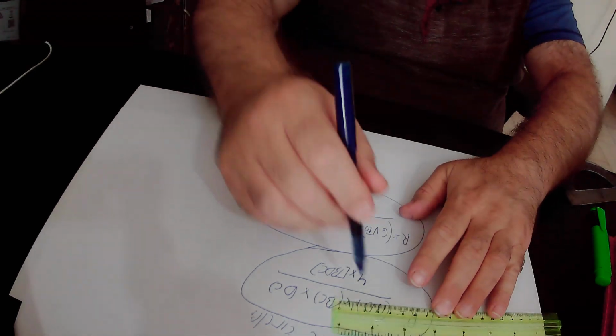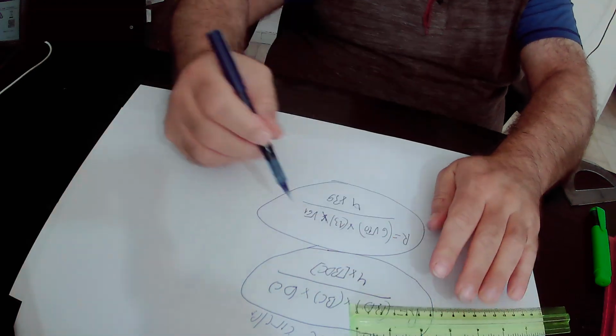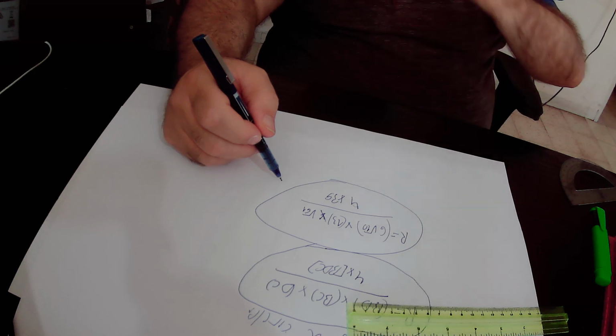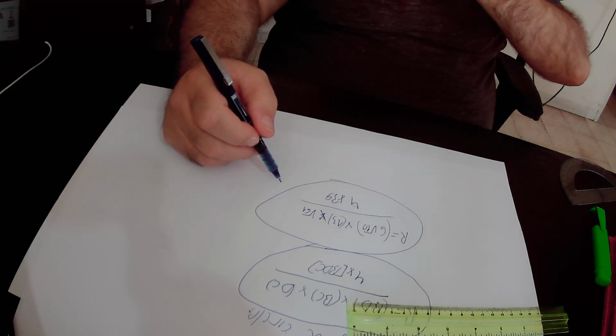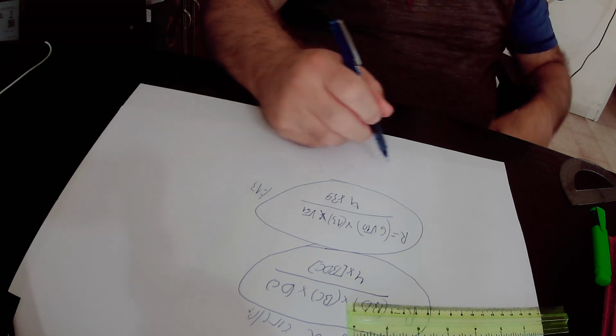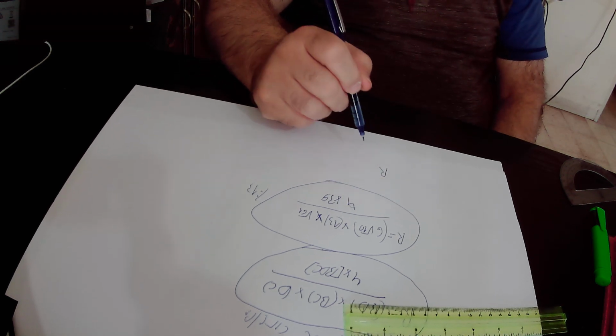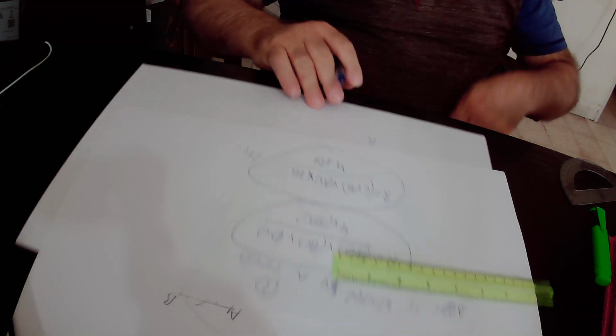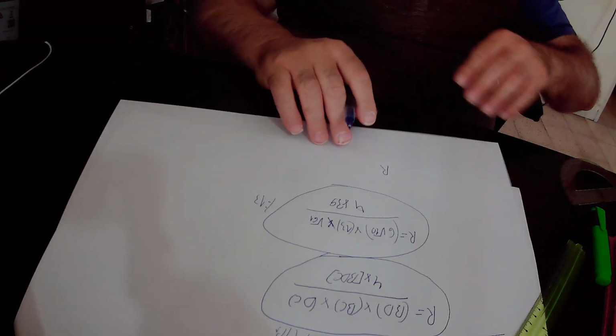Here we will divide both the numerator and the denominator of this expression by 13, and we get that capital R, the radius of this circle, is equal to